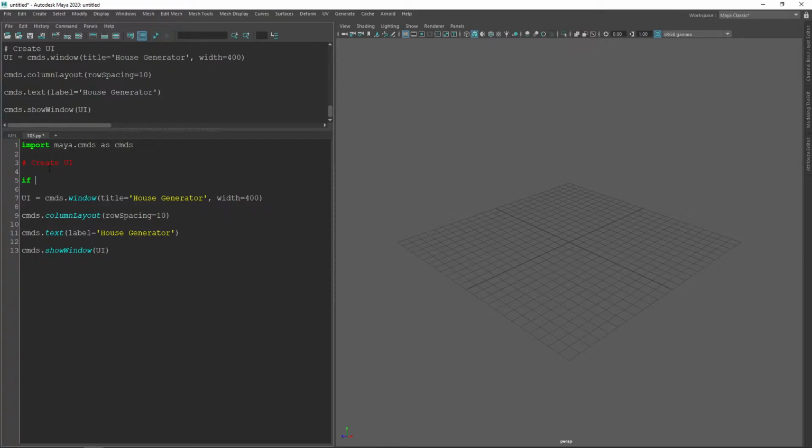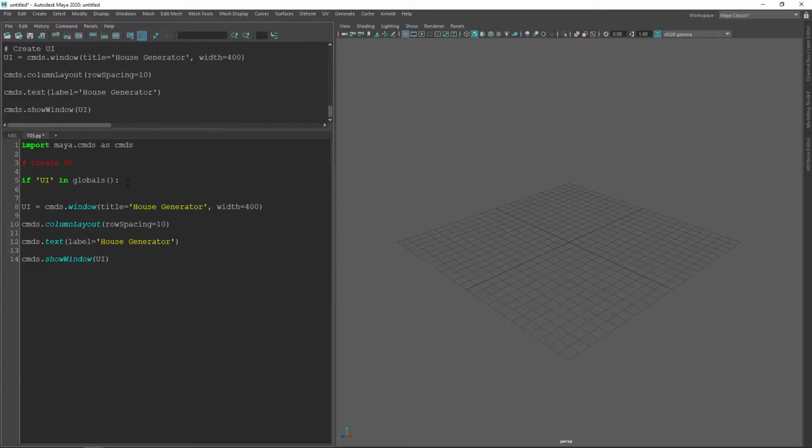So we're first going to check if the string UI is in globals. Okay, so we are actually checking our list of global variables to see if this UI variable is defined. And if it is, then we'll also check if cmds.window